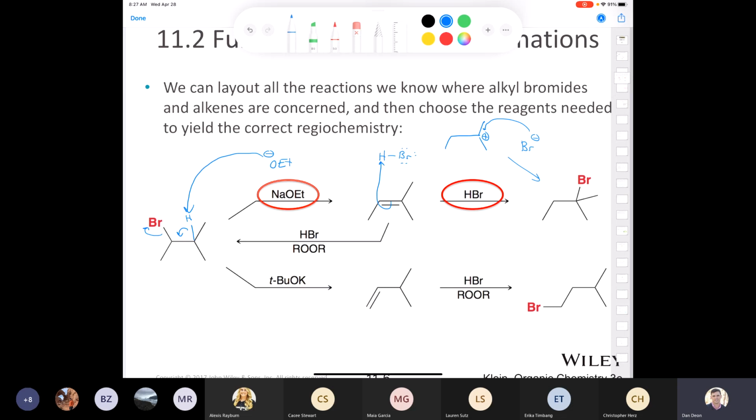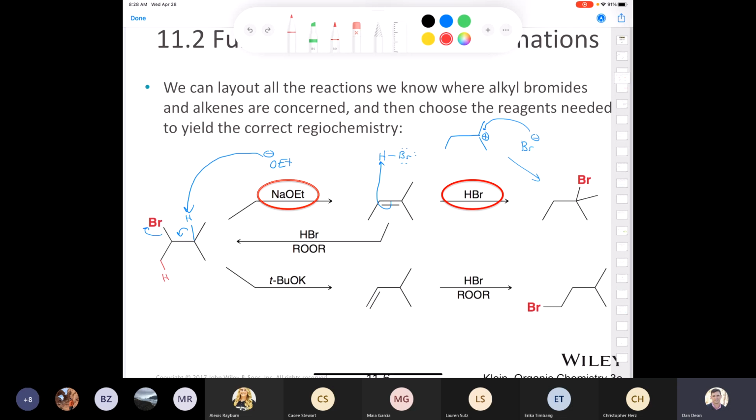What else could we do if we had the Zaitsev alkene? We could go right back to our starting material. I don't know why on God's green earth you would want to do this reaction, but you know what? It's just practicing our skills. Doing an anti-Markovnikov addition. Again, if you were to take t-butoxide in that case, and I don't want to draw two mechanisms on the same molecule, I think that's really ugly, but you would end up plucking off this beta proton because it's less hindered. And then you would end up forming the Hofmann alkene, and then you do an